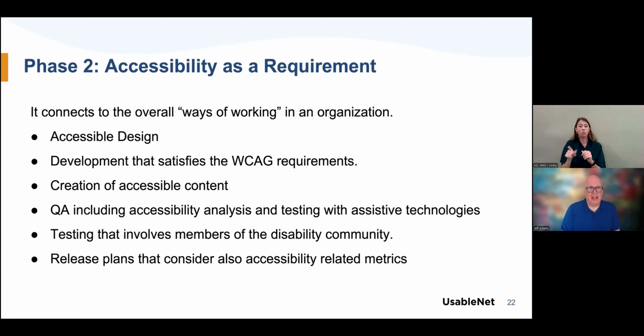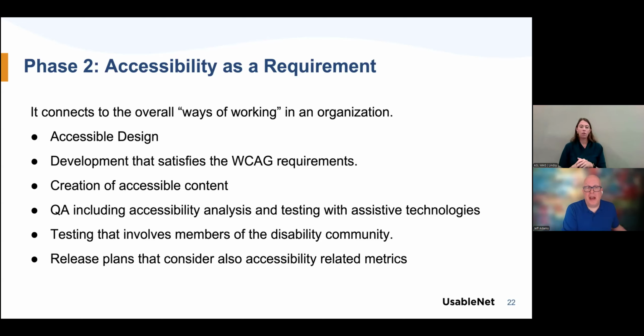So you're looking at things like making sure that everything the design team does is accessible design, whether it's an internal team or a team who's working for an outside vendor or agency. You're going to want to make sure that the development satisfies the WCAG success criteria, so that you're ticking all of those boxes to make sure that it's actually accurate to the requirements. You want to make sure that the content team is fully trained and able to create accessible content for the website, for emails, for social media content.